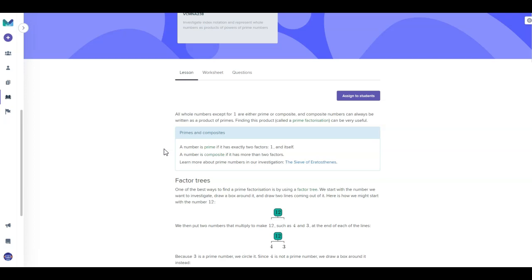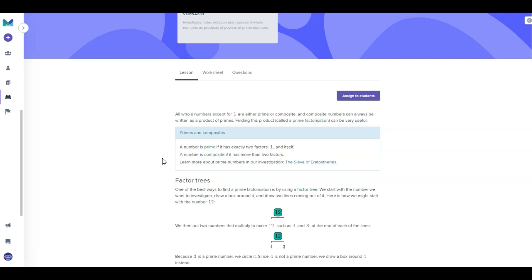be a prime number. The other term we want to know here is composite, and basically composite is any number that has more than 2 sets of factors. They're always going to have 1 and themselves, so we're looking at something else. So again, 15 would be a composite number because it not only has 1 and itself, that's one set of factors, it also has 3 and 5 as a set of factors, so it would be considered a composite